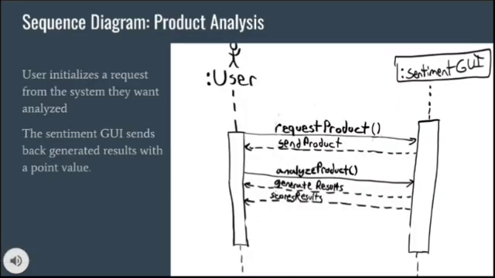The sequence diagram for the product analysis use case illustrates an interaction between the primary actor, the user, and the sentiment GUI. The sequence begins when the user initializes a request from the system that they wish to analyze. After the use case completes the analysis, the system sends back generated results and a positive, negative, or neutral response